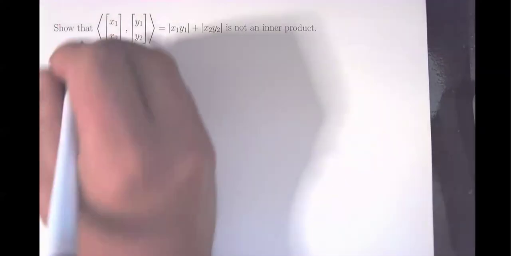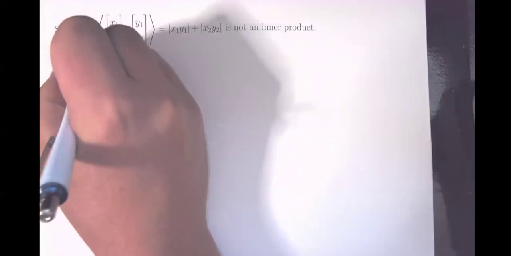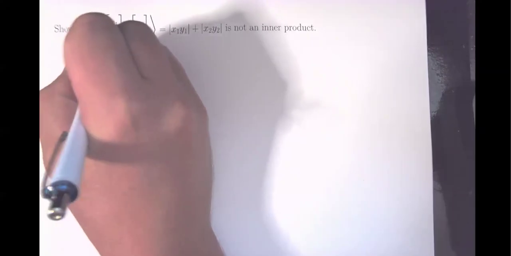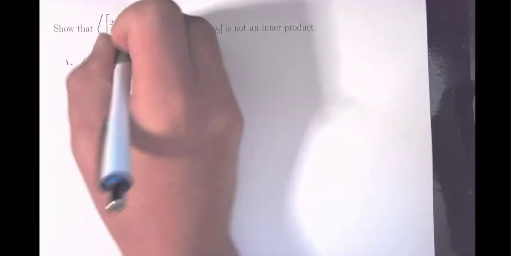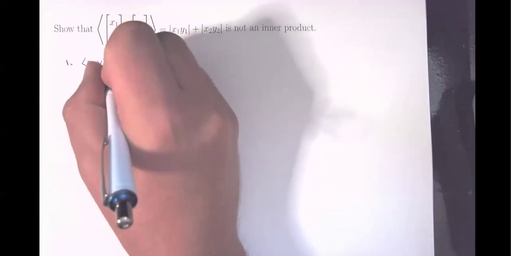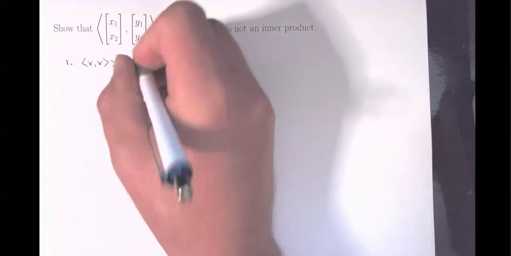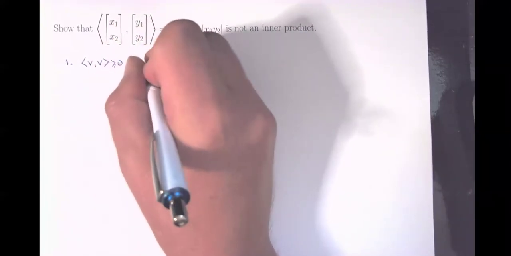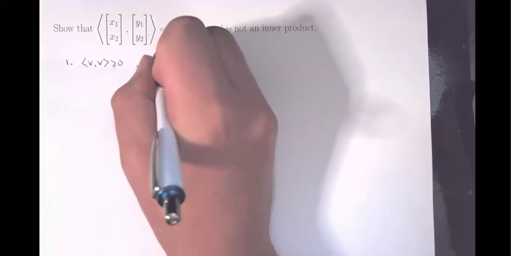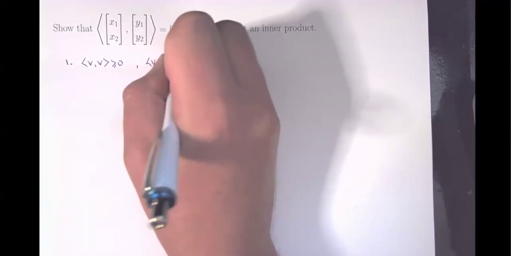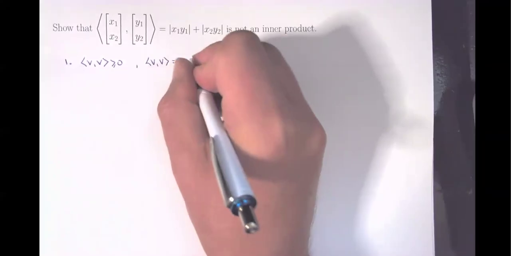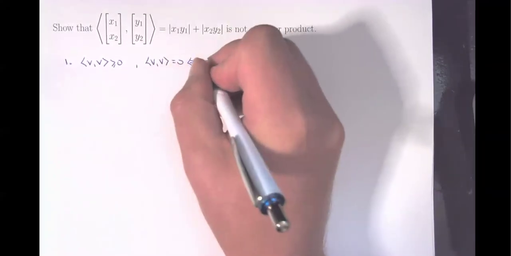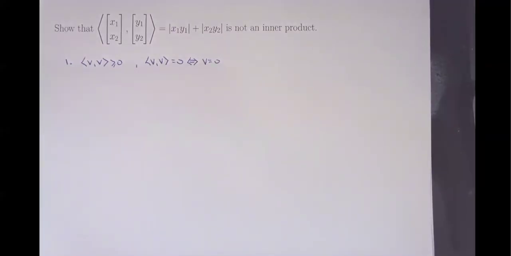First, if something is an inner product, then the inner product of V with itself should be greater than or equal to 0, and the inner product of V with itself equals 0 if and only if V is 0. So now, if we think about that,